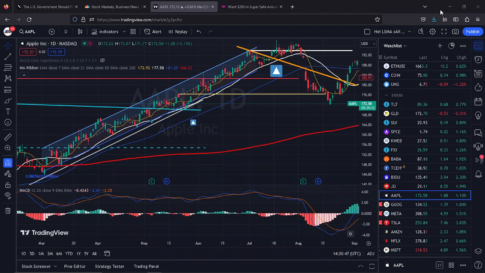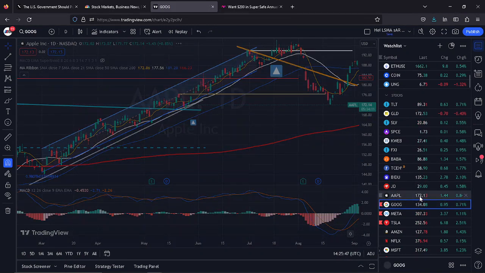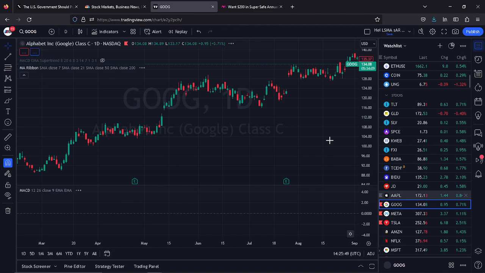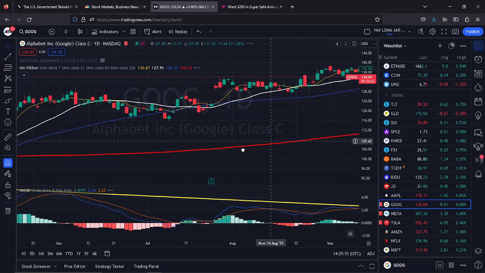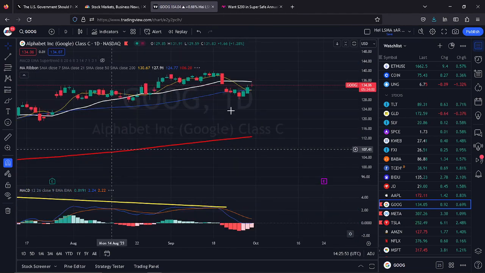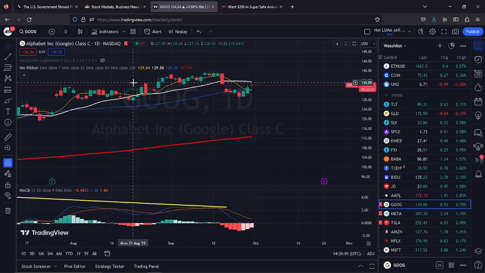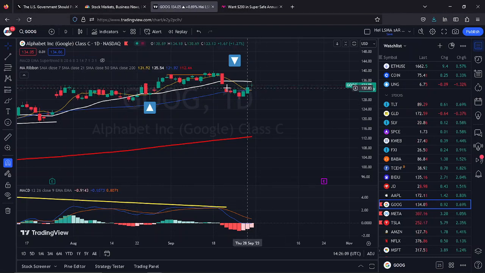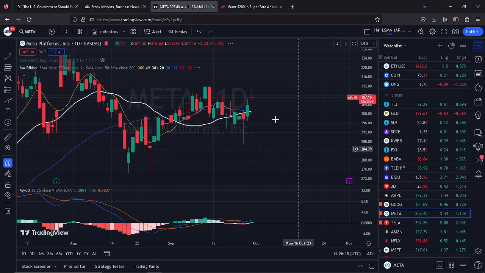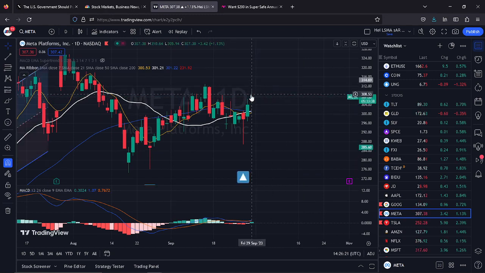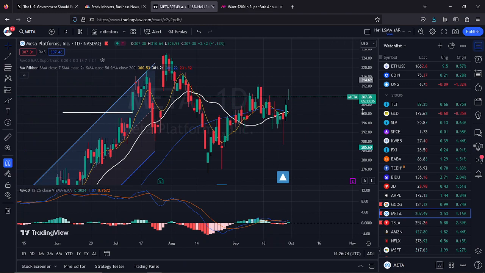Let's take a quick look at the other guys. Google broke up, retrace. Do I have a play? The question becomes... Oh no. See, it broke up this level, came back down, but still above the previous low of this channel, this whole box, so that's fine. But it's a little heavy on the first month of this quarter. Meta is a Doji star, looks like upside down.